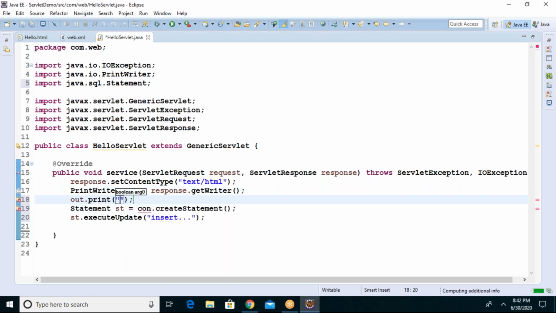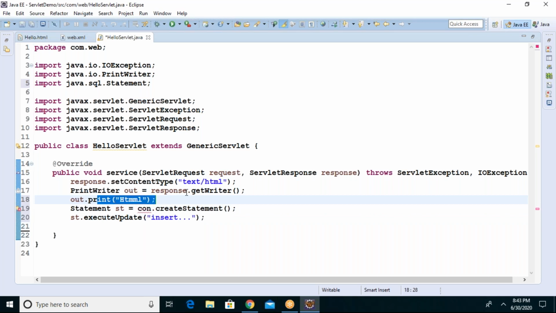Similarly, if you say out.print some HTML code, will that go to the response or not? Is there any relationship between this print and this response, guys? When you execute the query, it will go through the connection to the database.